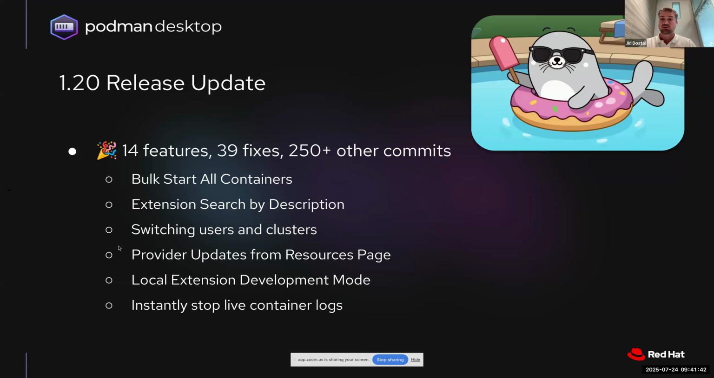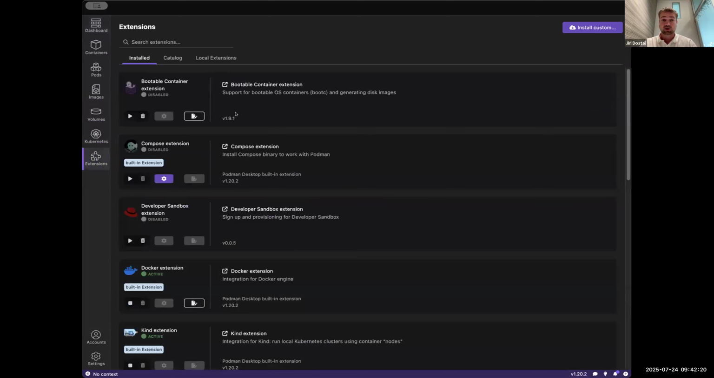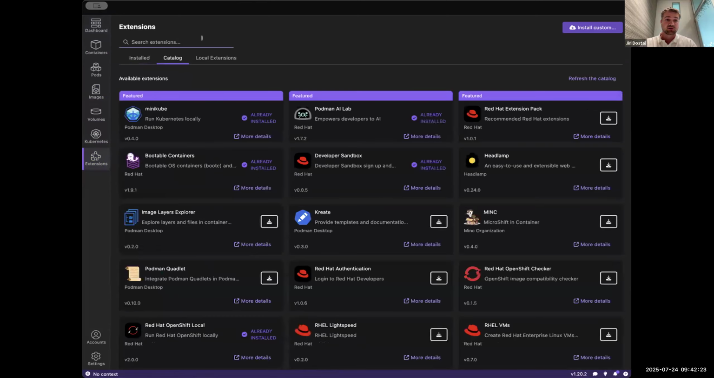I will take over the sharing, and I will click around the latest Podman Desktop 1.20 to show you a couple of things. All right. So here, this is my Podman Desktop, the latest version, 1.20.2, and I will click around to show you what is new. And I would like to start with having a look at the extensions panel,